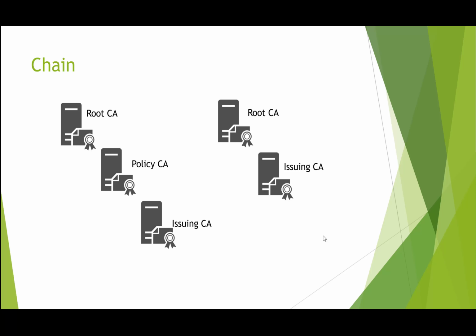The only other thing I can think about in the chain is, we talked about how devices would need to have the root certificate installed to trust the PKI. So what about the issuing CA? Well, like I said, Windows clients get the issuing CA published to them through Active Directory mechanisms. But also, if you look in a certificate, there's a field called Authority Information Access. That basically provides a URL, which can be either HTTP or LDAP, where the CA that issued that certificate can be retrieved. So for example,